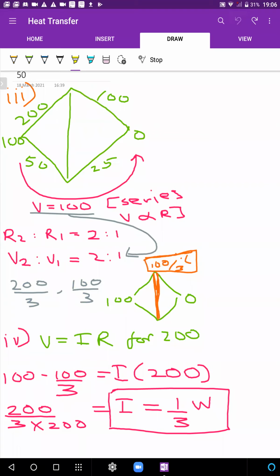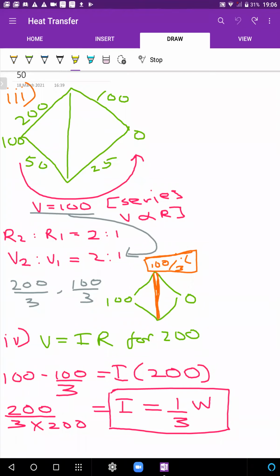In fact, that's going to be the temperature of this entire rod. Both ends will have the same temperature, so the whole rod will be at the same temperature. Heat is not going to flow through the rod because all points of the rod are at the same temperature. Okay? That's why we are saying that rod is redundant. No heat is flowing through it. Okay? I hope that makes sense.